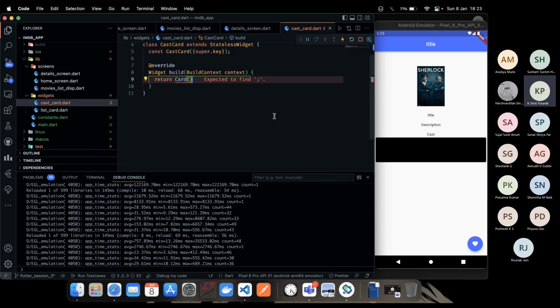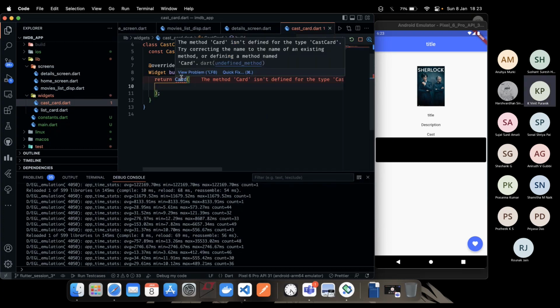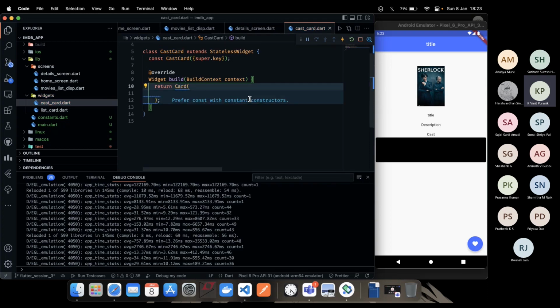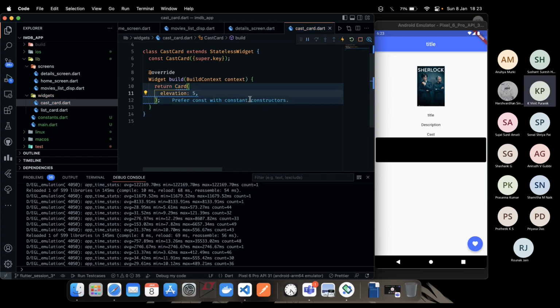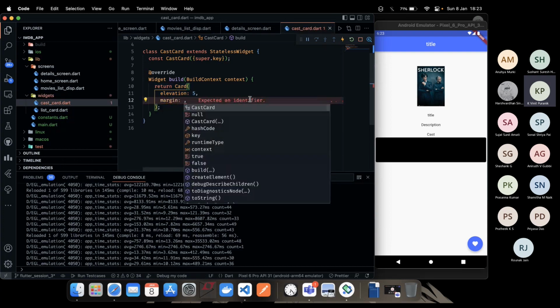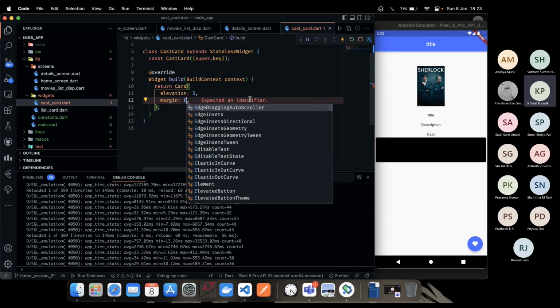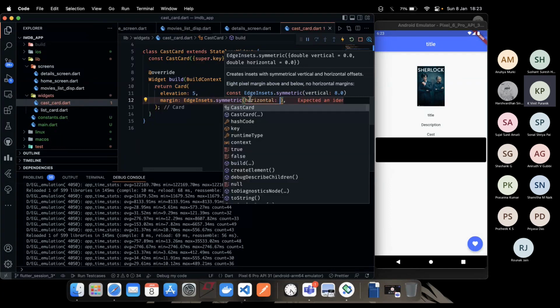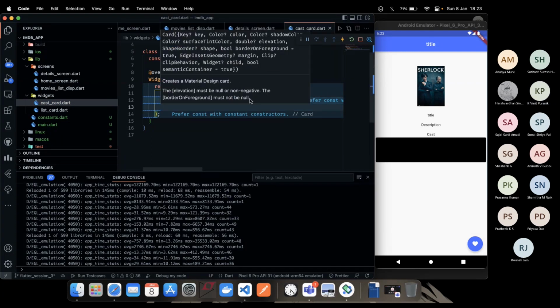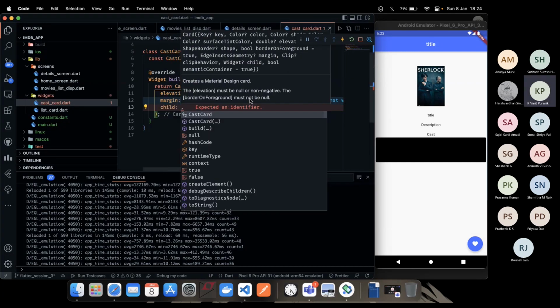We had a card widget, right? And wait a second. Let's just import material dot dart. Yeah. And let's again give it an elevation of 5. It gives a shadow beneath it. Looks cool. And again, let's just specify a margin. Say EdgeInsets dot symmetric, and give it a horizontal margin of, let's say, 20. Yeah. And child will be a row widget